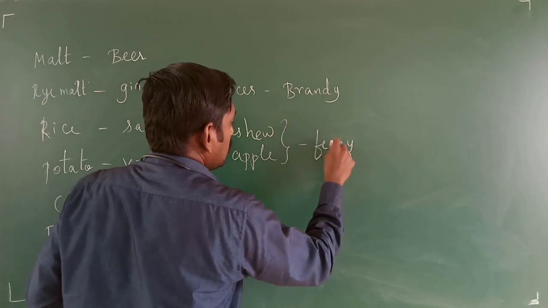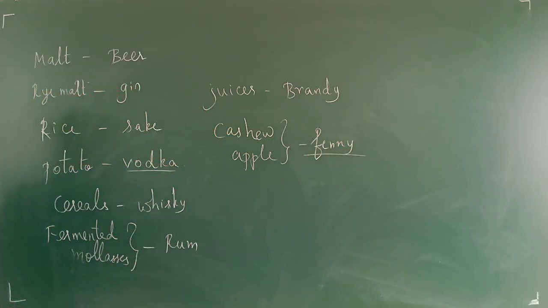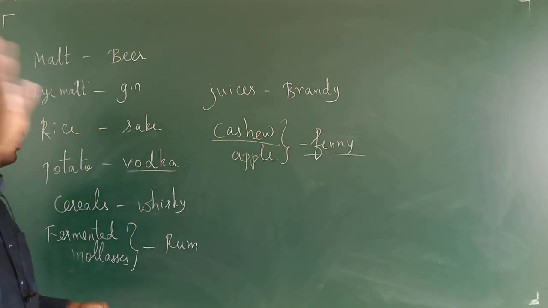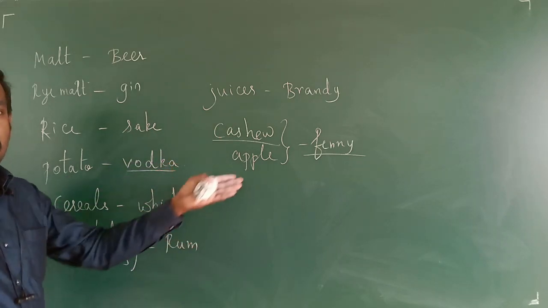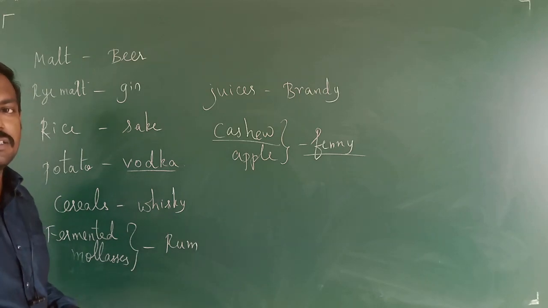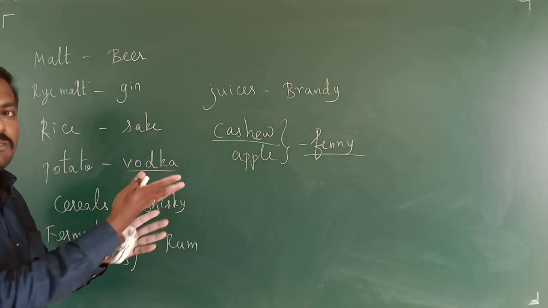Fenny is an important one which is much used in Russia, right? So the cashew apple, this cashew nut fruit, bears a fruit, and this fruit is used in the production of Fenny. So you will have a lot of products which are used in